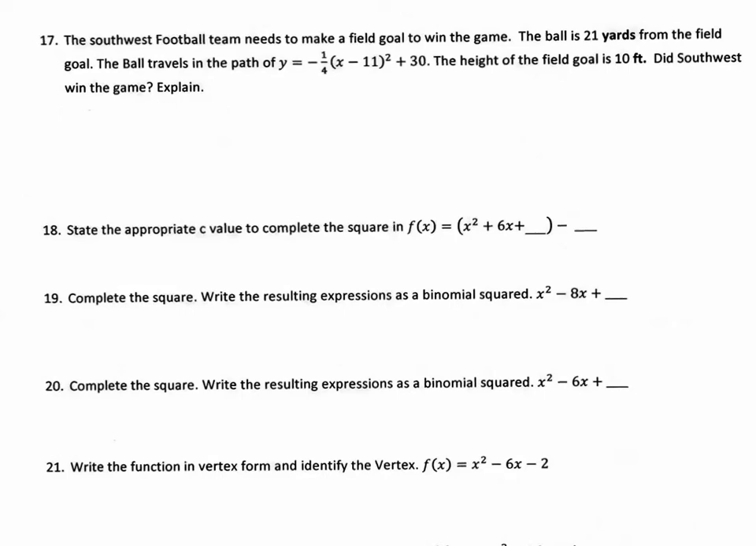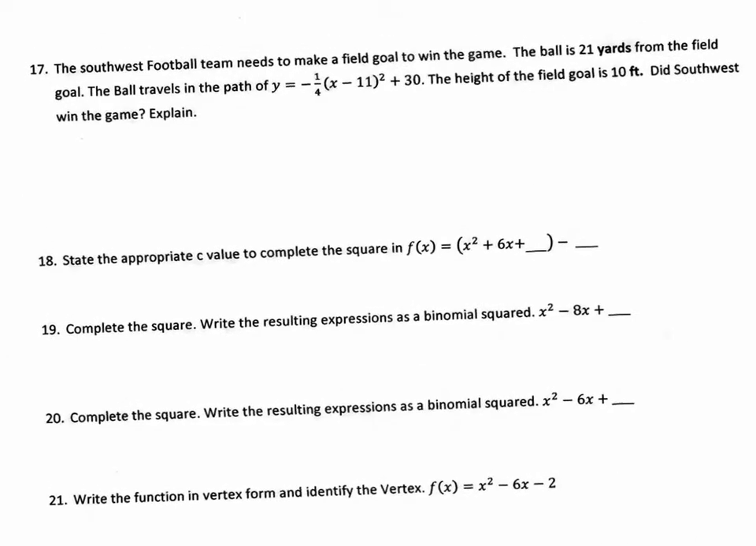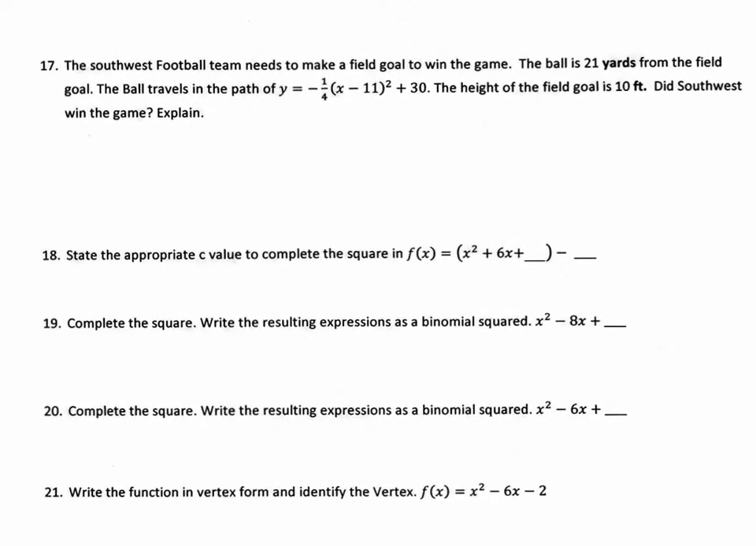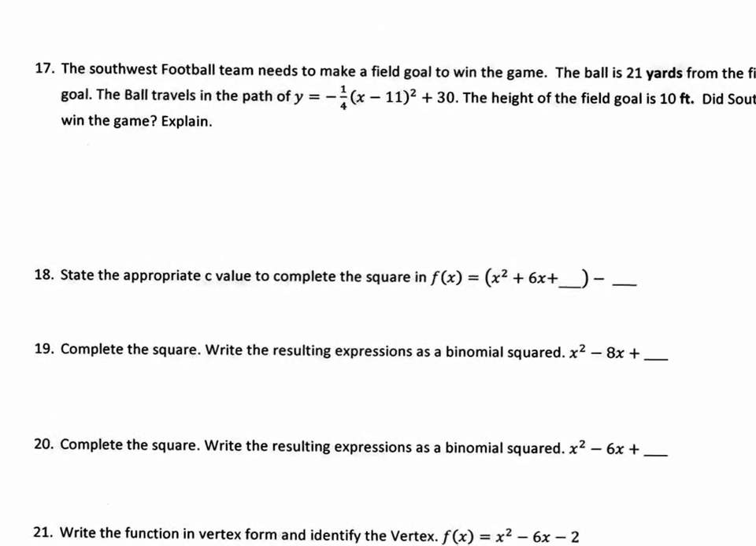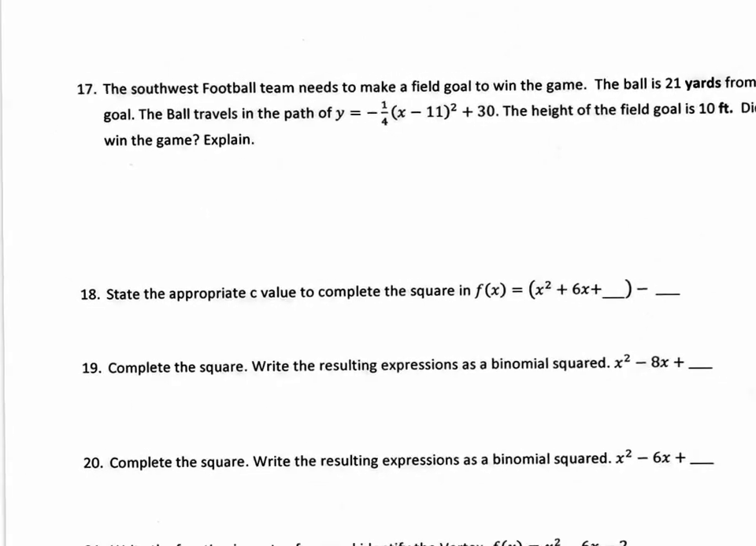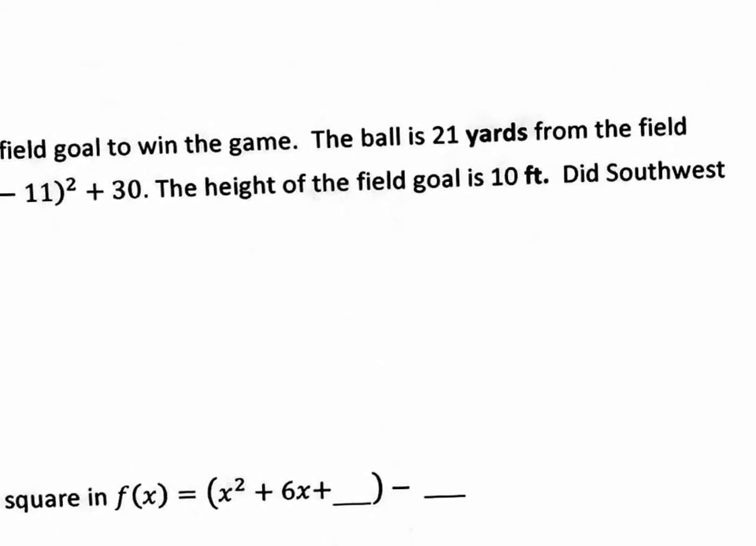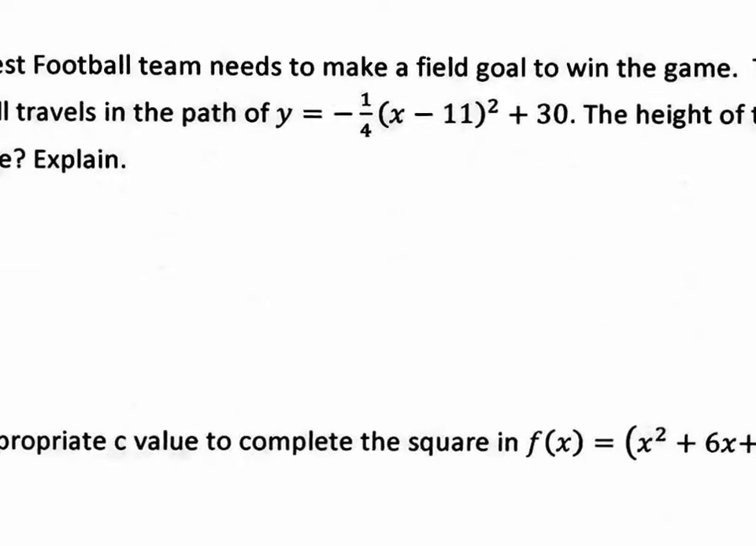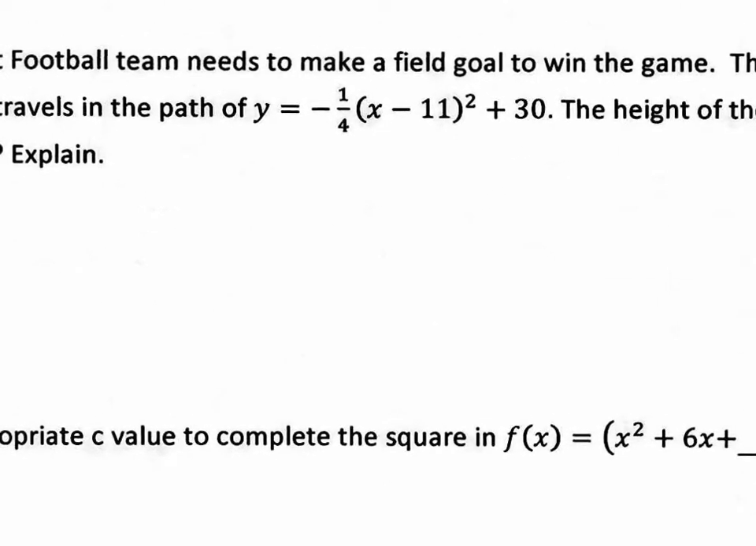Okay, the second page, the word problem, the actual solutions that I posted are incorrect. Let's actually describe it the correct way right here. What's important about this word problem is that you understand that Southwest is trying to make a field goal. The ball is 21 yards away from the field goal, and the path of the ball is that parabola that